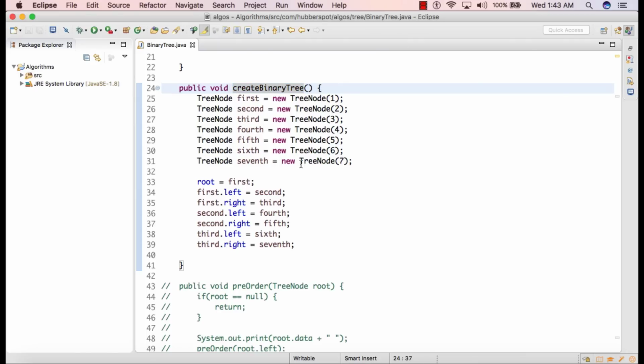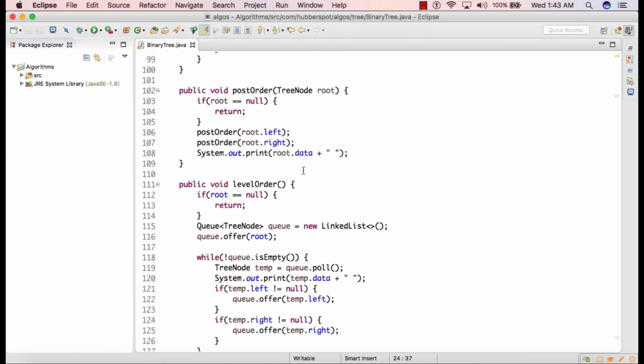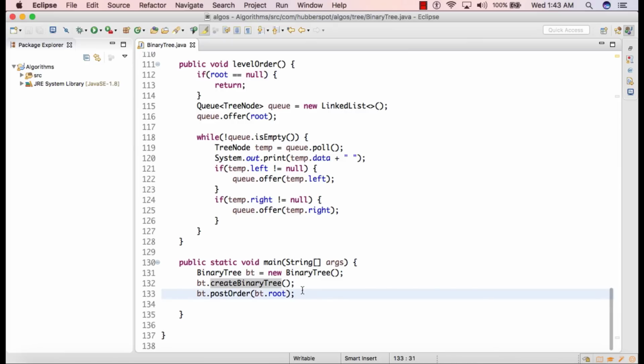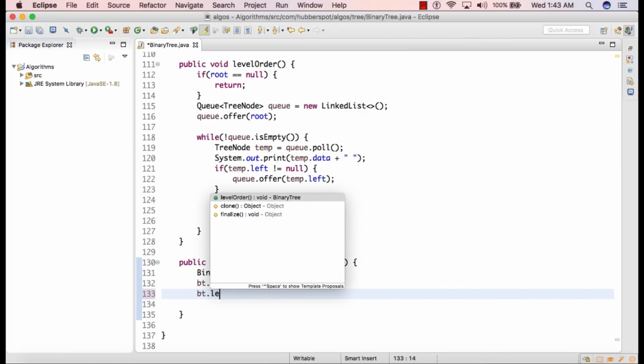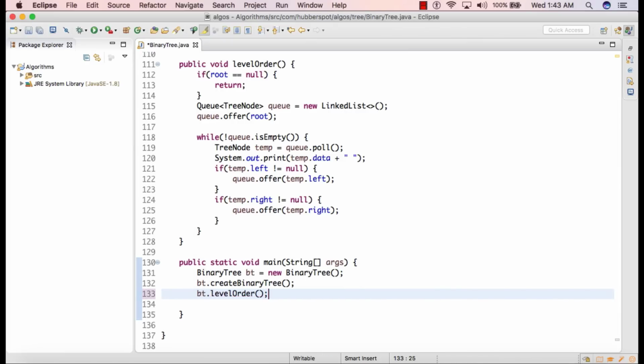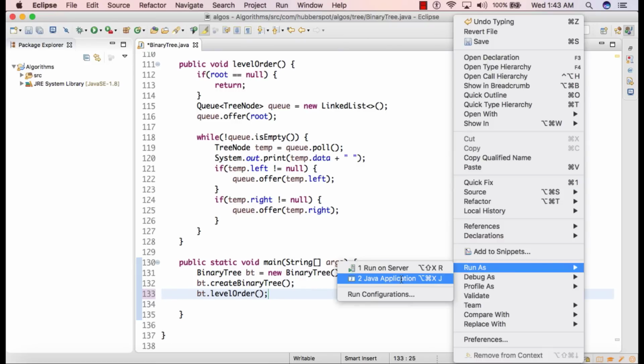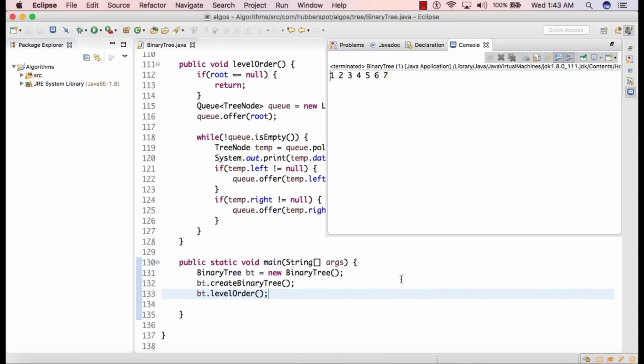After creating this binary tree, we will then call the method level order, and if I run the code now, you can see it printed 1, 2, 3, 4, 5, 6, 7, which we actually discussed in the slide, that it prints level by level.